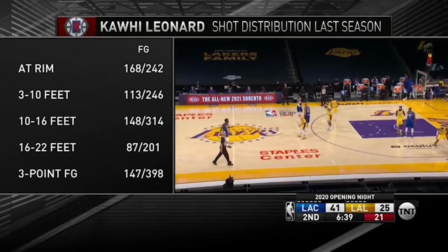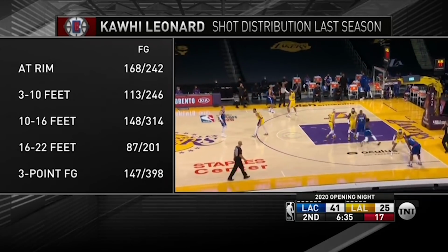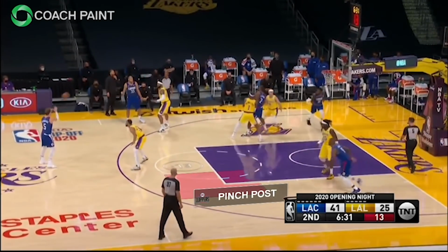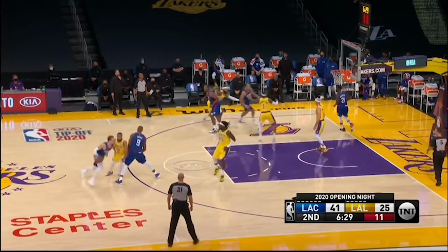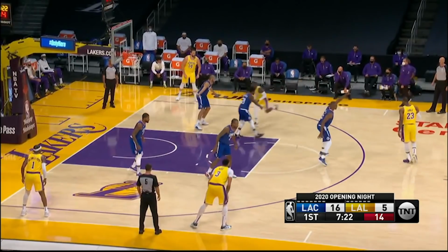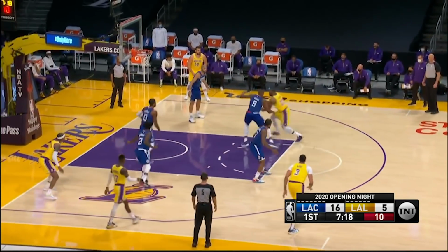The only other shred of triangle offense I saw all night got me excited at first. Kawhi makes a center opposite cut to the strong side to form the triangle, and when it's reversed, I thought for sure Ibaka was going to catch the ball at the pinch post, but instead, it became a pick and roll and an offensive foul. Poop. Over on the Lakers side, there might be a slight cause for concern, as LeBron James struggled from the